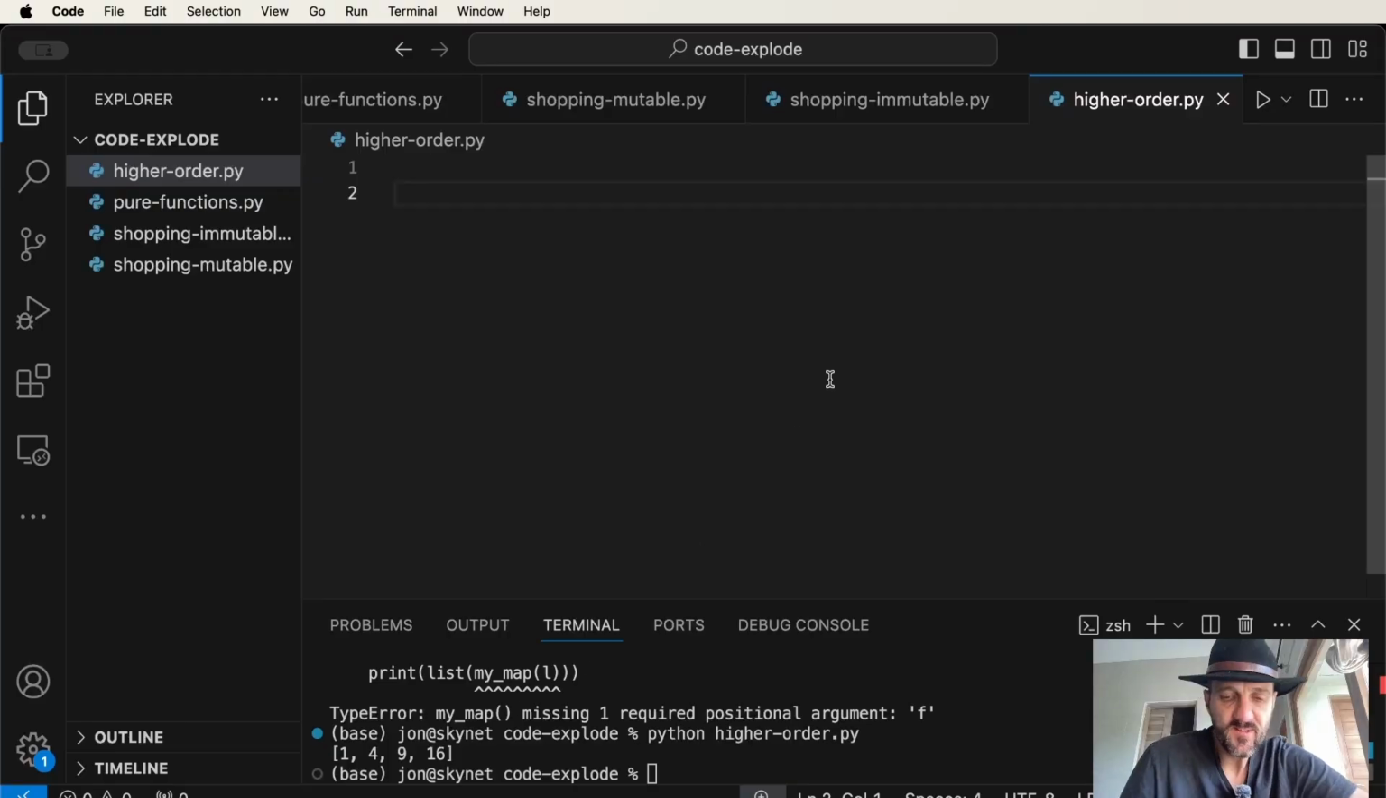So what is a higher order function? Well, a higher order function is a function that takes another function as its parameter. So it doesn't take the return value from another function, it takes the actual function itself. So for example, we could have a function called